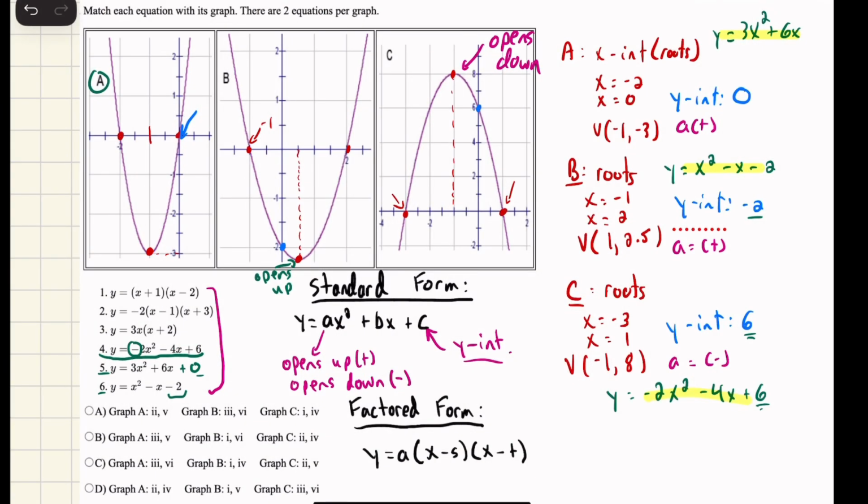Now finally, to assign the proper equation in factored form to each graph, we're going to look at the roots. The s and the t here are the roots of a quadratic equation. And so since we see that the roots are -2 and 0, we're going to look for which of the equations in factored form has a -2. Remember that you would reverse the sign inside the brackets since these brackets are set to 0. So that -2 would be x plus 2. So if I were to rewrite that here, that'd be x plus 2, which I could see that